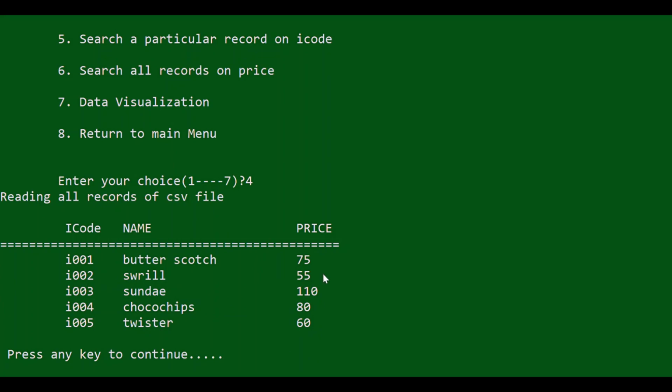So that is how we can implement the modification of a particular record in a CSV file using Python as the front end code. So this is all about this part 5 of the video, where we learned how we can modify a particular record. In my last video I will be talking about data visualization and the reports, where we can use different graphs for displaying our outputs in our projects for our CSV files to be submitted in CPSC.